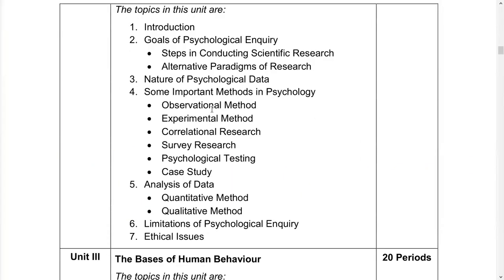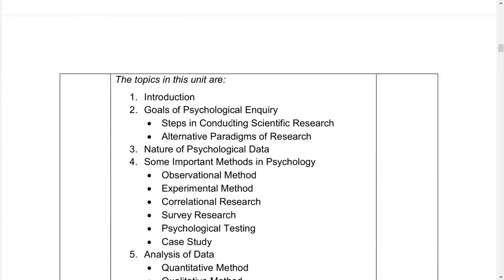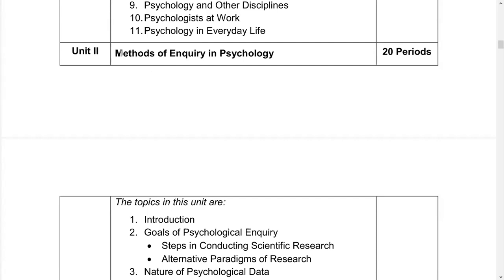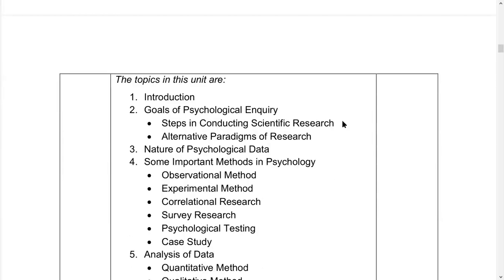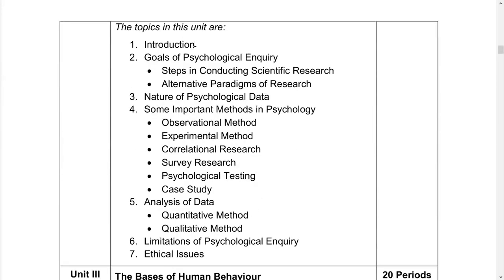So far, if you can see Unit 2, that is Methods of Enquiry in Psychology, we have seen introduction, that is what is psychological inquiry. It is almost equal to research, and goals of psychological inquiry, steps in conducting scientific research, alternative paradigms of research,